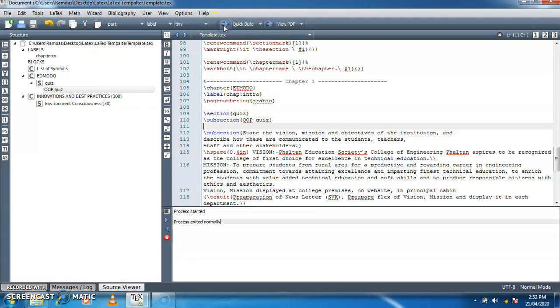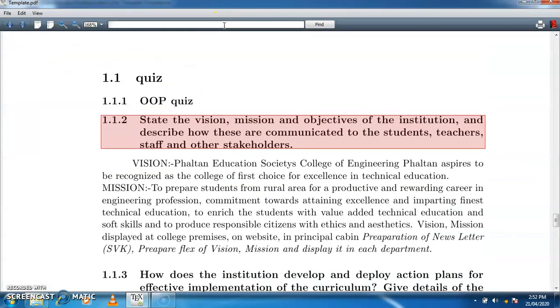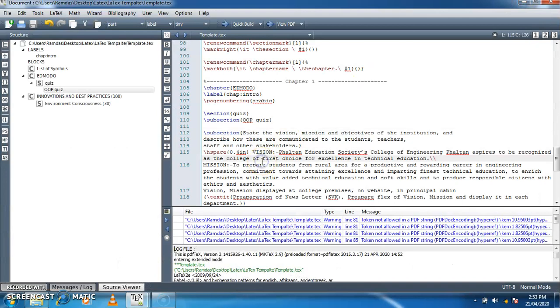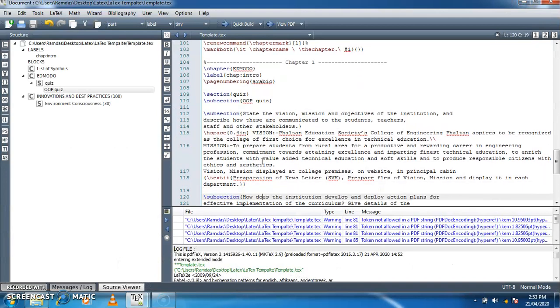So here you can see that the changes have occurred in the document and are shown in the output file: chapter number 1 Edmodo, 1.1 is the section, the first section as a quiz, and in that section 1.1.1 is the OP quiz. And as I have used the subsection command a second time, the number for the second subsection is 1.1.2. Now if I am using the chapter command a second time,